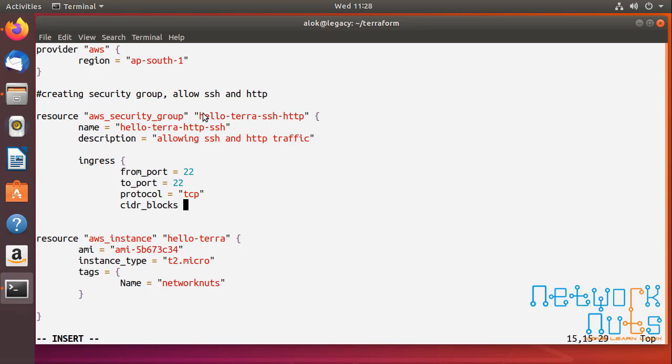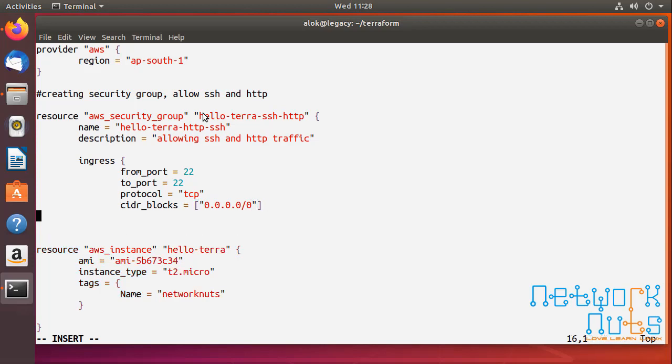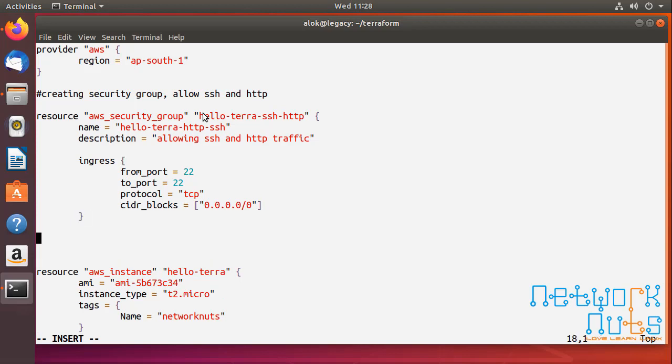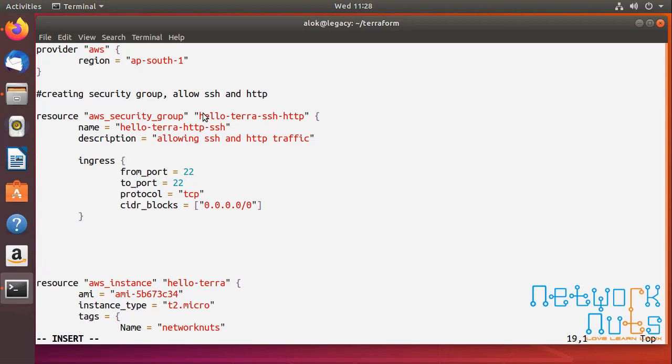So for the sake of this video, I am going to allow it from the whole world. So if you have done it the same from Amazon Web Services dashboard, you know what I'm doing. If you are not comfortable with Amazon Web Services, stop the video, go back and learn that. Right, so one is this rule,